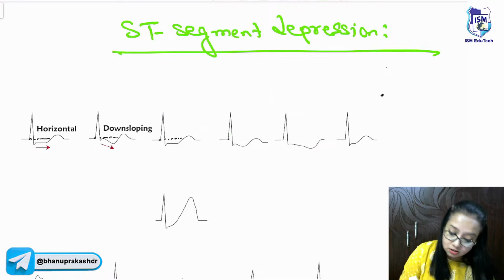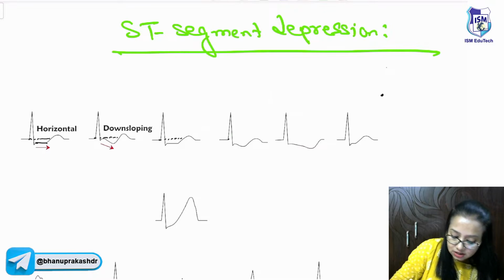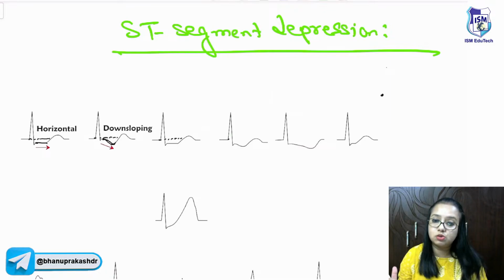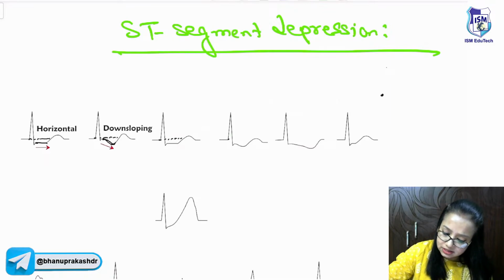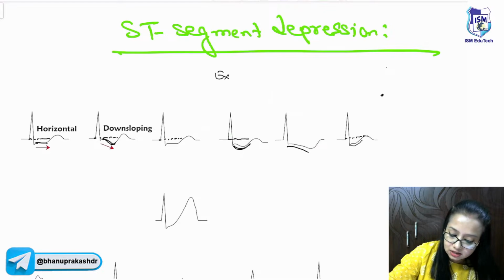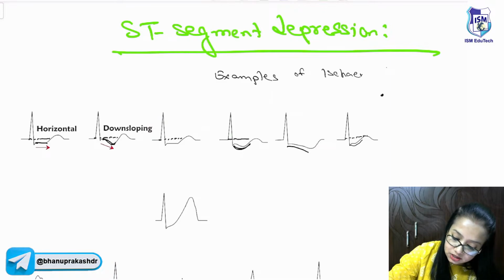The various patterns of it, like the ST segment after going below the isoelectric line: this one is horizontal, this one has a downsloping shape. This one is linear, this one again, you see, is the shape of a concave. Okay, this is also downsloping concave, this is also downsloping kind of a concave. These are all the typical examples. These are examples of ischemic ST segment